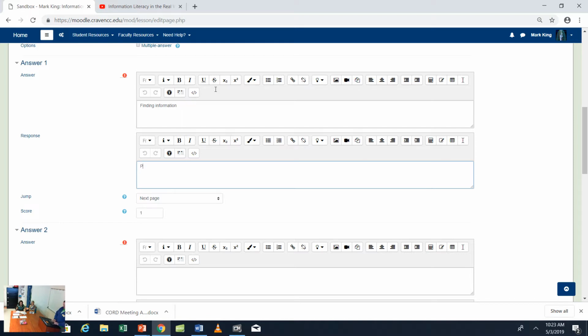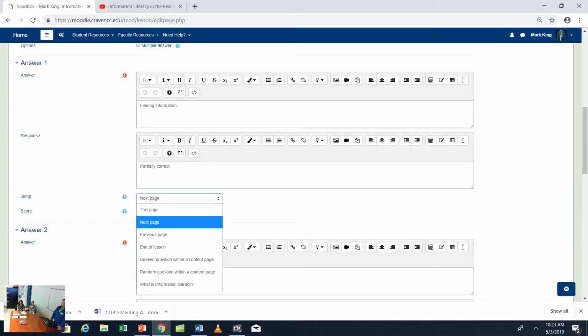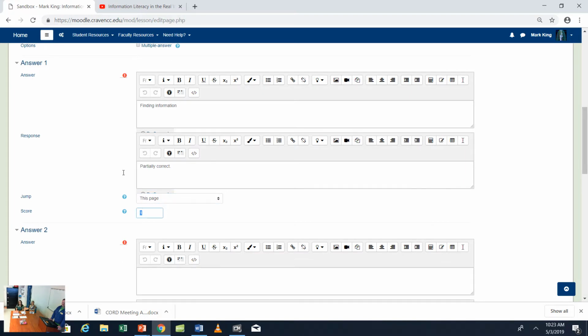Let's see. I'm going to say partially correct, because my answer, I think, is going to be all of the above. Now, when they answer a question, you can actually jump to different pages. Since this is only partially correct, I'm going to redirect it to the same page, so they keep answering. Your score, you should be able to do it in decimals.